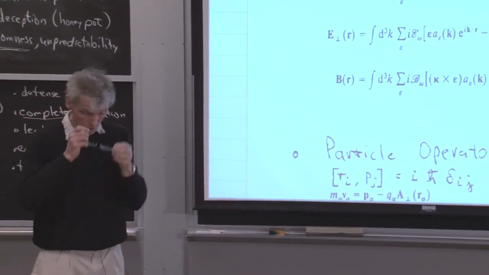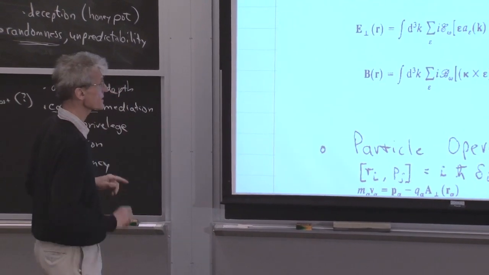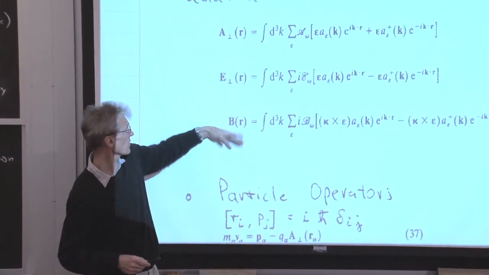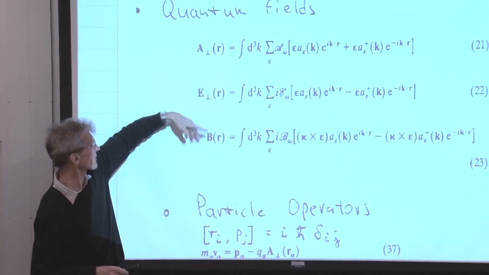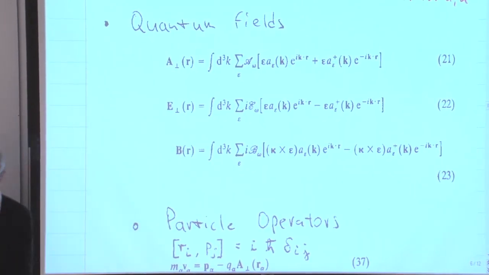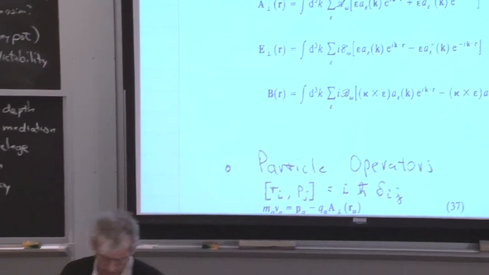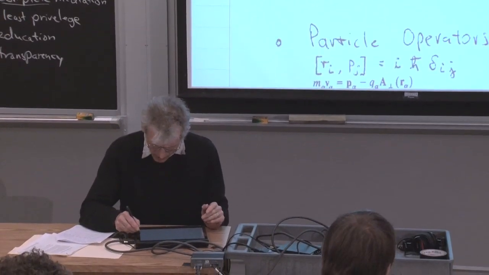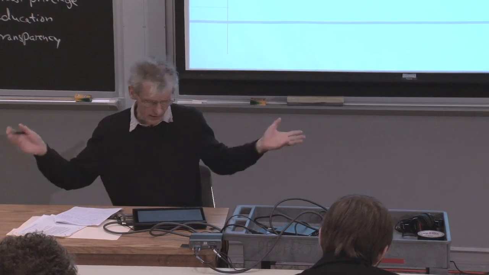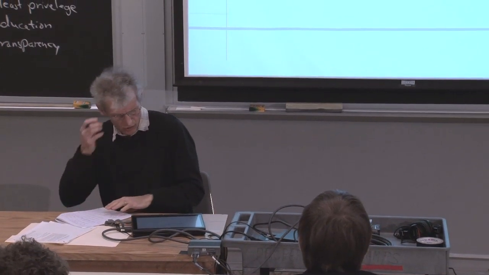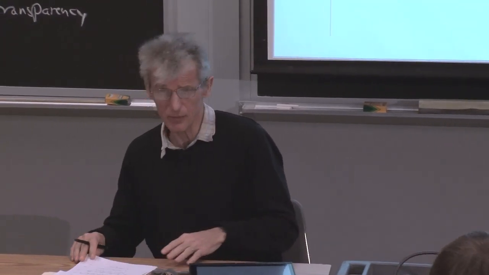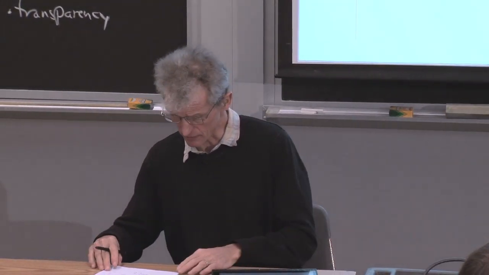So now our fully quantized theory has operators A or A dagger, or if you want, the thus defined operators of vector potential, electric and magnetic field. And just to remind you, since atomic physics is between fields and particles, we have the standard definition of the particle operators. Each particle is described by its momentum and its position.